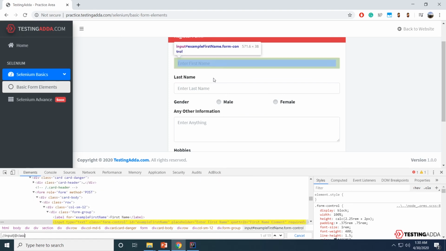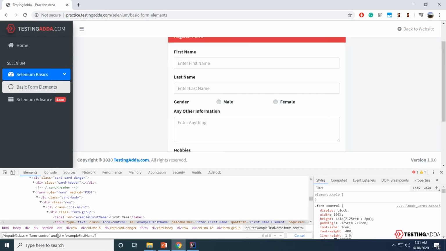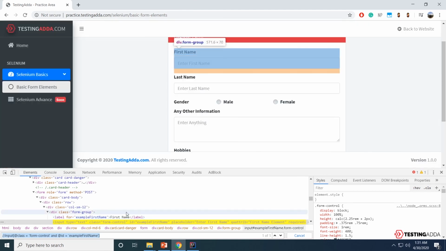Class name should be form control, and ID should be, that means ID equals example first name. Sorry, I missed @. Now you can see it returns one record. That means this is the right XPath.